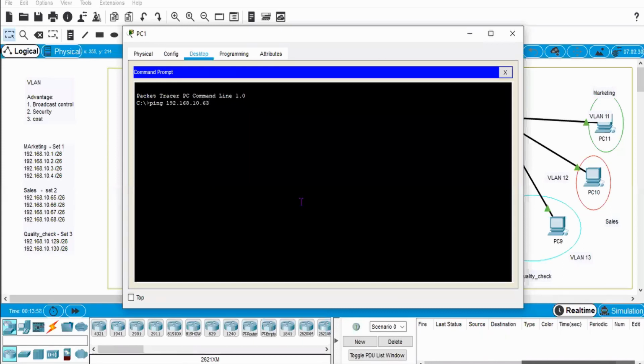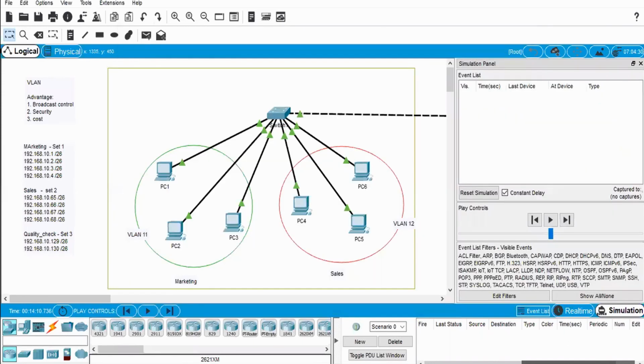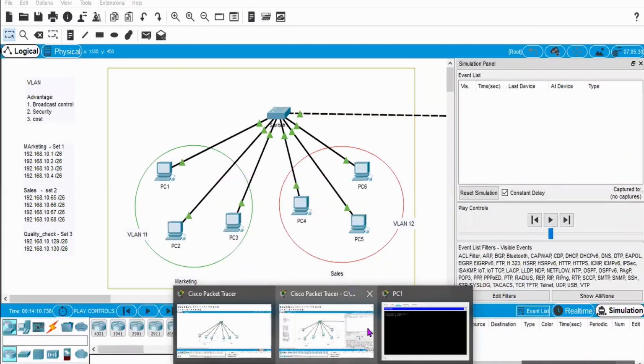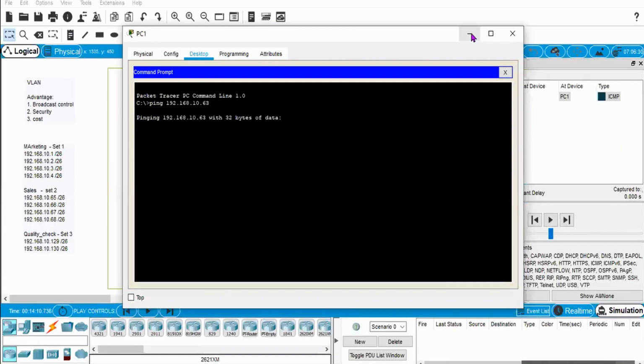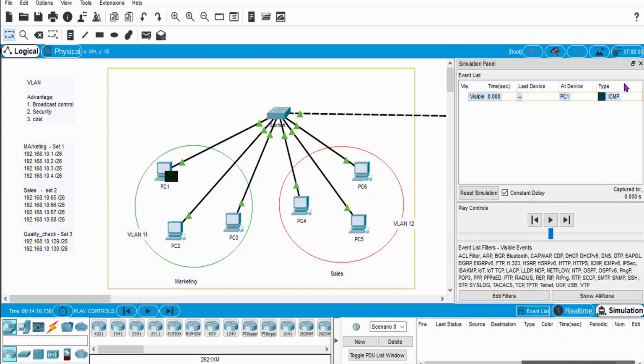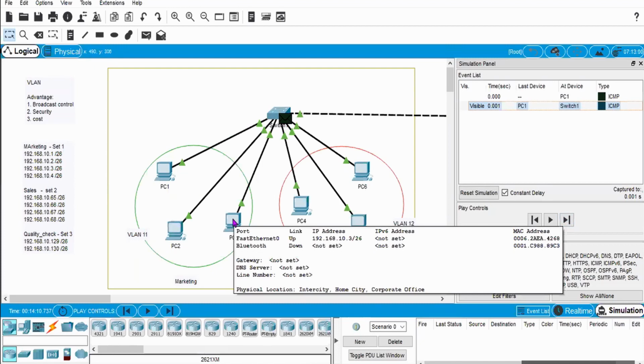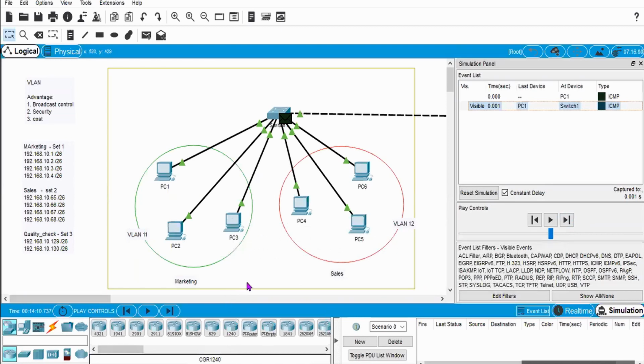That is important. So if I go to simulation mode and press enter, what is happening is that PC1 is creating one ICMP echo request, and that echo request will go to this switch, and this switch will create a copy for PC2 and PC3 only, because we have categorized the marketing and sales departments into two virtual LANs. Virtual LANs means one virtual LAN will be in one network.